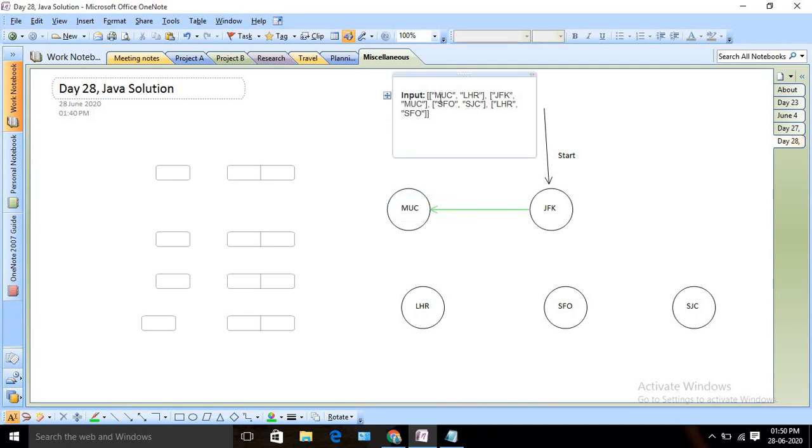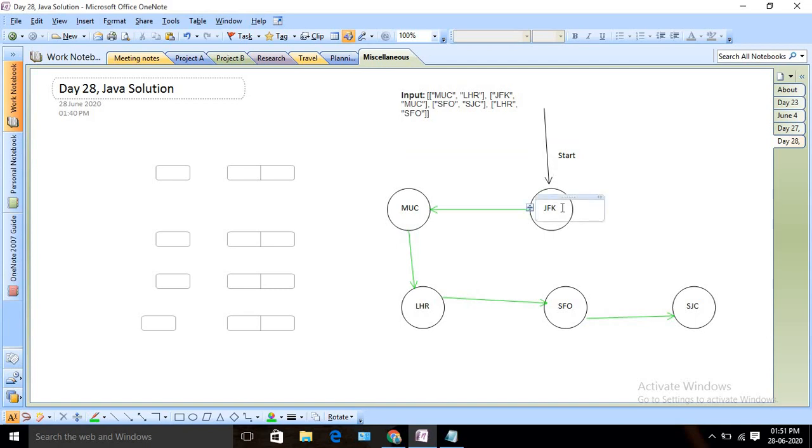Then we have the connection between MUC to LHR. Then we have a connection between SFO and SJC, so I can draw a path SFO to SJC. Then I have the last connection, LHR to SFO. So this will be our traveling path.